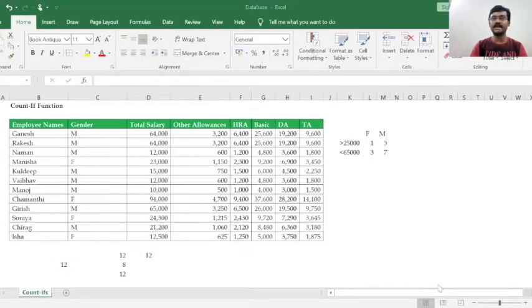Today, let us have a knowledge sharing on various count functions. Count function can be used to prepare a summary dashboard where the data runs into hundreds and thousands of rows and columns. It will be a very useful function. So let us now see how to use various functions.